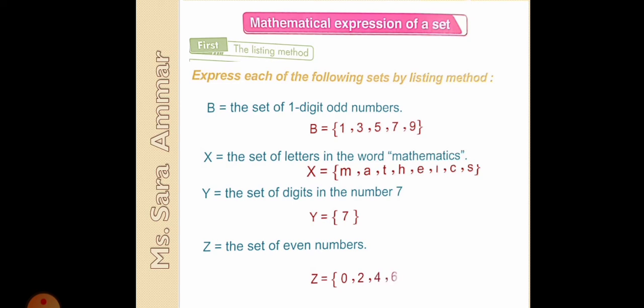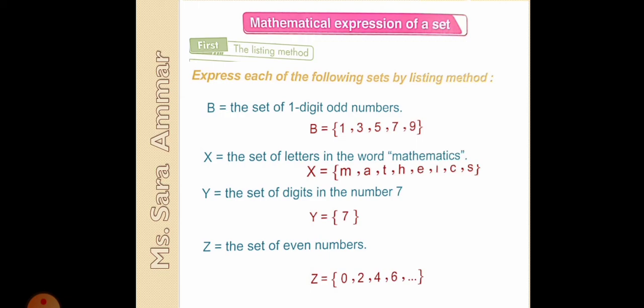First write the name, then you list the numbers and you put dots. What's the meaning of these dots? That this set is endless. It's infinite. It doesn't stop at 6. We don't know when does it stop. So the dots here means it's going on and on with the even numbers. Now this was the listing method. He gave you the set written in words and you wrote it in a form of a list.